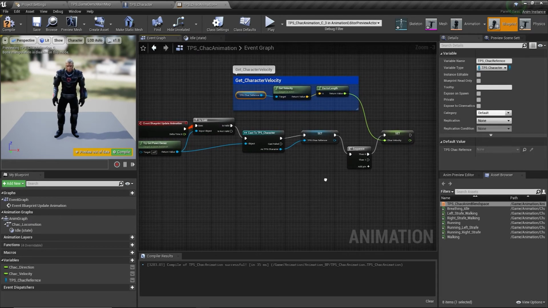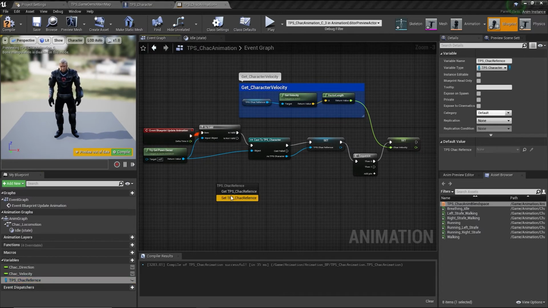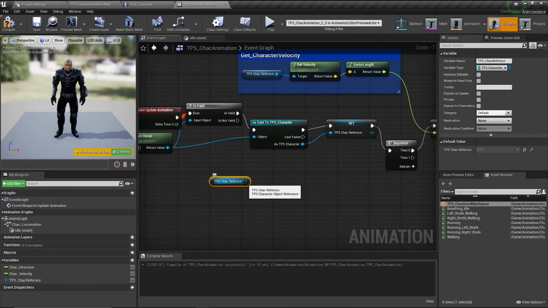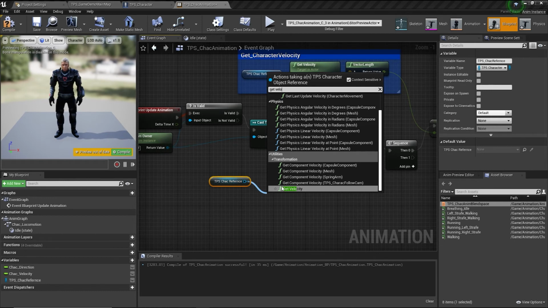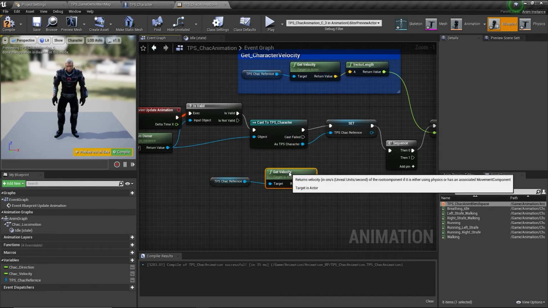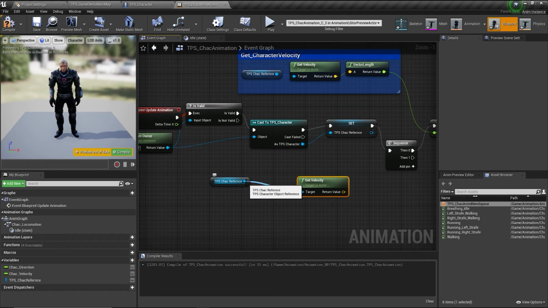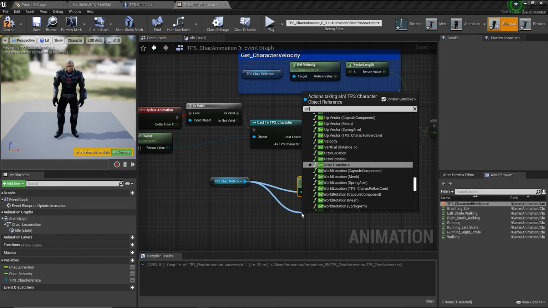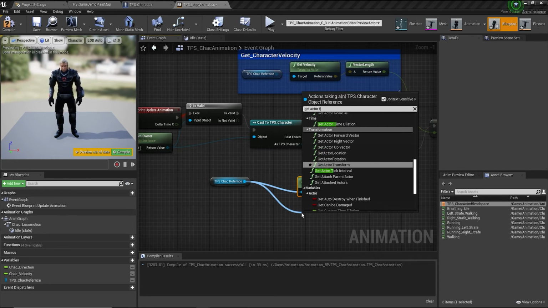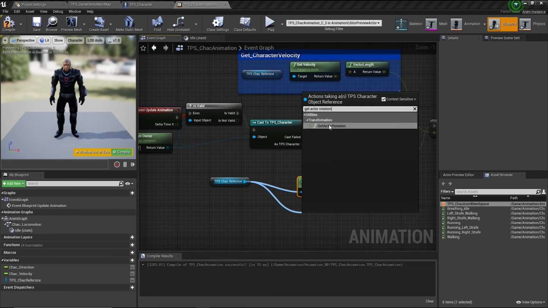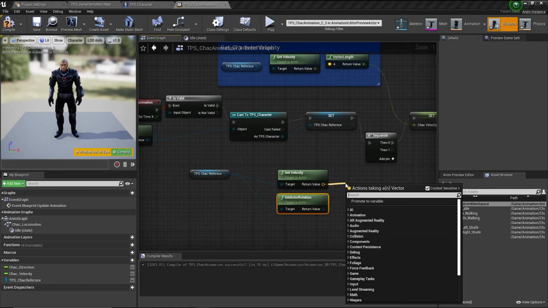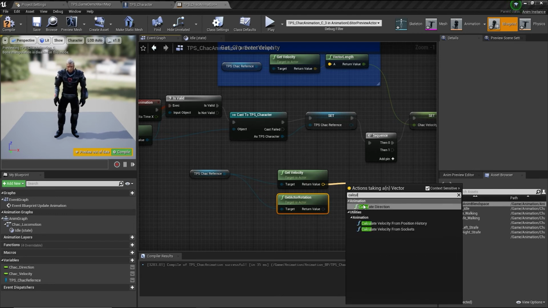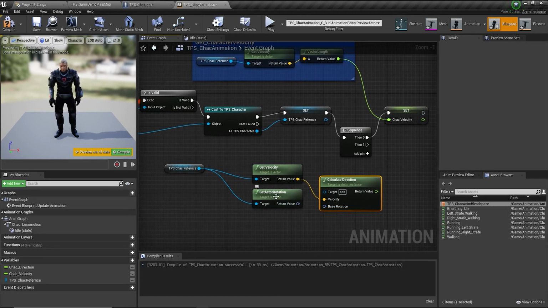So for this, what we will do, just drag the character reference, get, and search for get velocity, and also search for get actor rotation, and from this velocity, to calculate the direction, select actor rotation to base, and from here